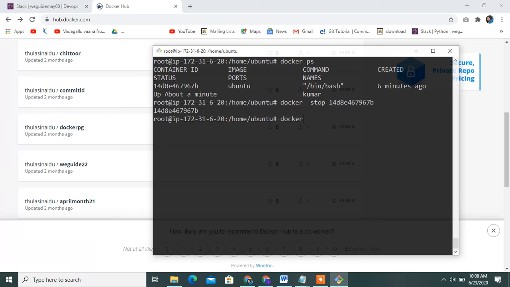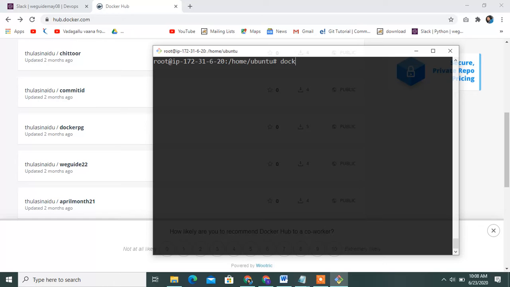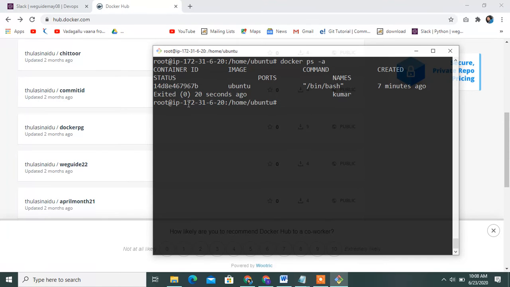See this is empty. Then check docker ps, the list of containers. Yes, this is one container. How to delete? Docker rm, use this container id.